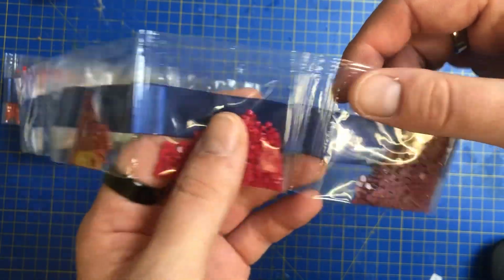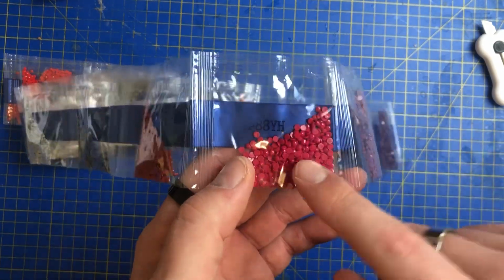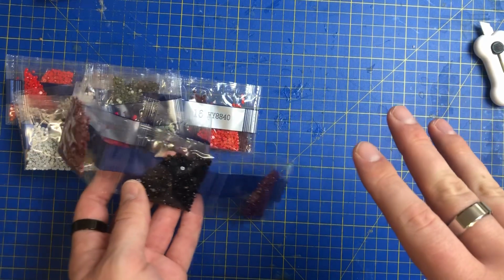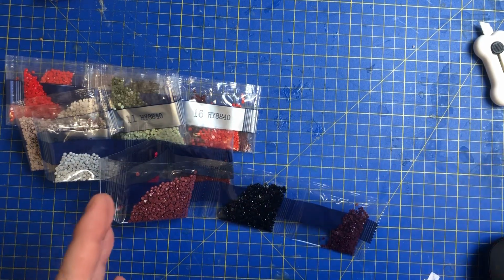I've got a bush like that in my mum's garden. She's got a fuchsia pink. If you've been watching my videos, you'll realise why I've been laughing, because in one of my videos I spoke about